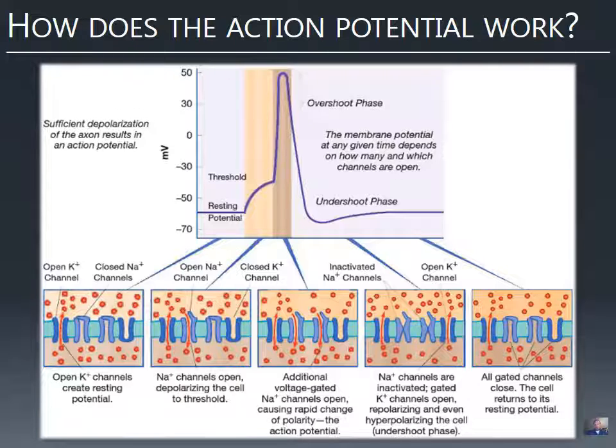So these are both positive ions, and what happens in an action potential is you see a rapid change in the membrane potential. It's often called a spike, and this spike is this rapid change in the membrane potential that travels down the axon very quickly. And so what we're going to see is that this change of potential results from sodium coming into the neuron and potassium coming out. But these things occur at different times. And so we're going to talk about the sequence of events that constitute an action potential.